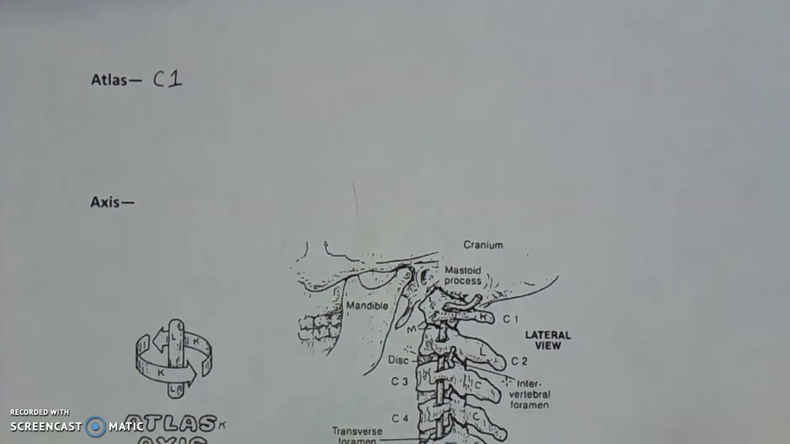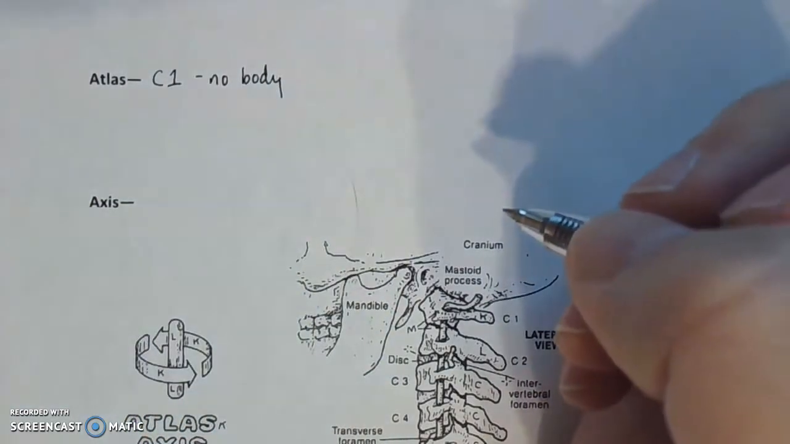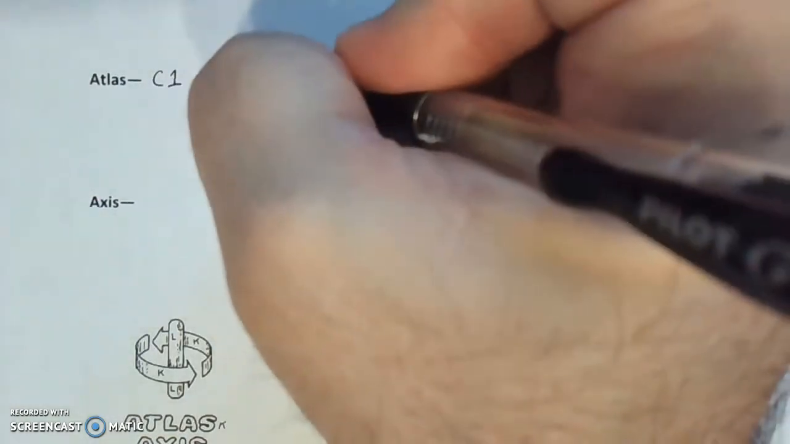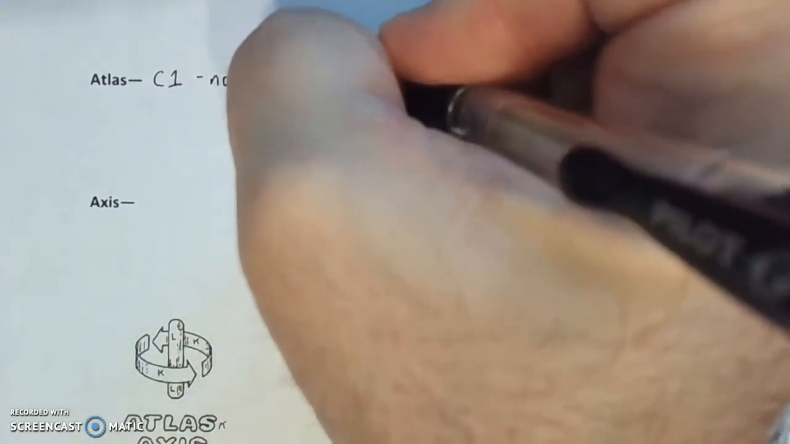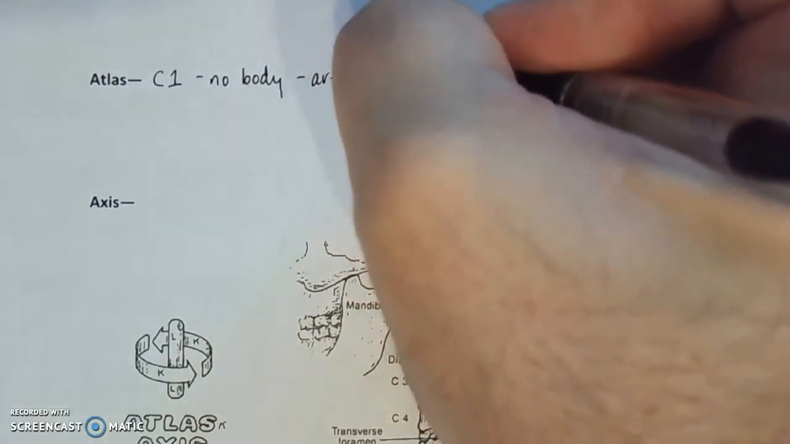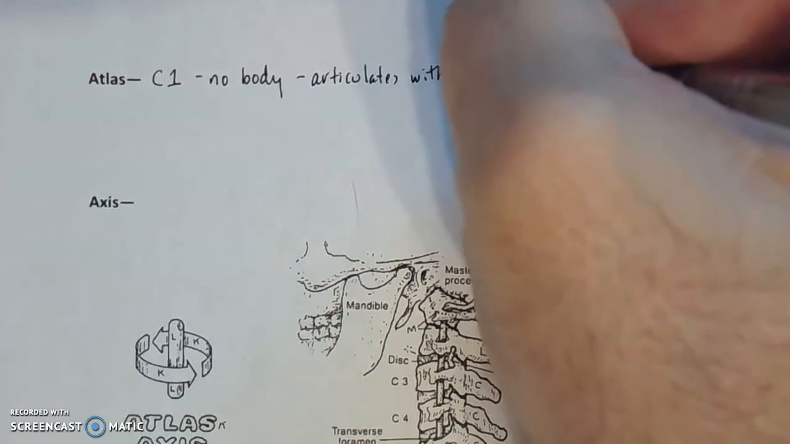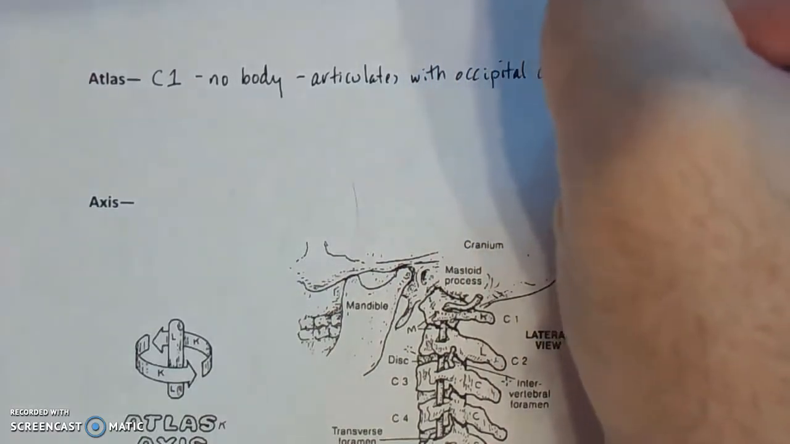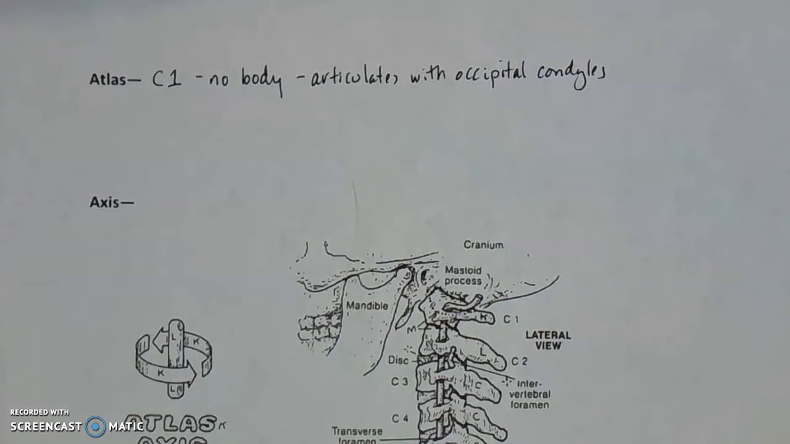And so this has no body. So it is a little bit different than the rest of the cervical vertebrae, no body. And it is what articulates with the occipital condyles on the occipital bone. So we talked about those. So the articulation is going to be just an articular process that articulates with the occipital condyles. And this allows us to hold up our head,